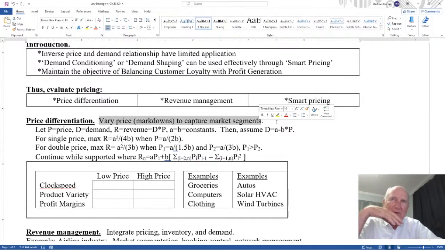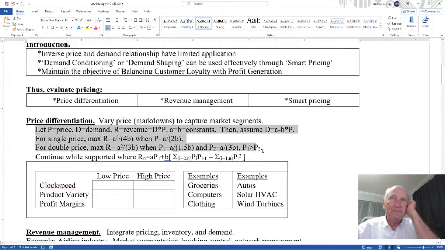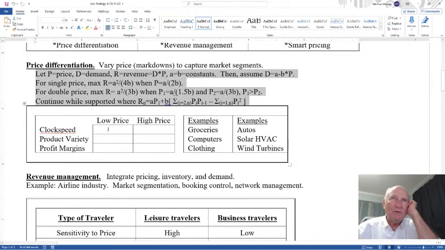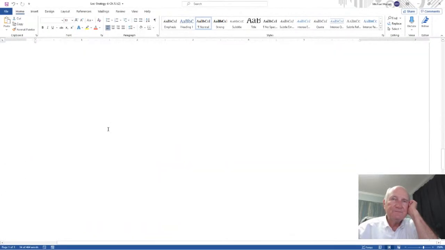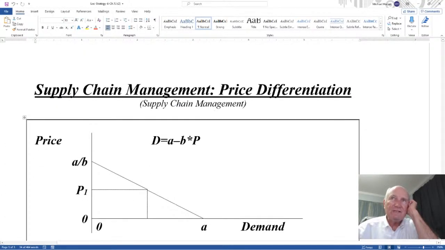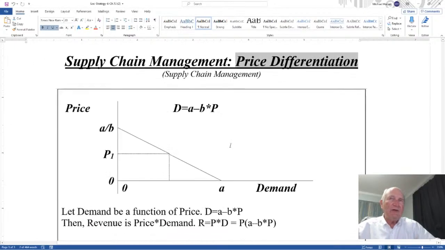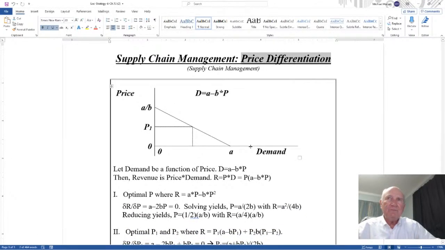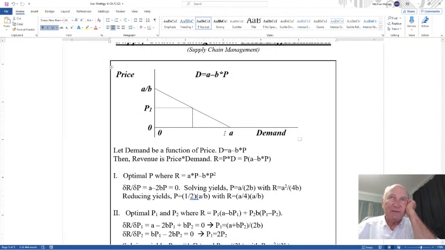It costs too much, I'm not buying it. So the price and demand really have a relationship. Now I have these equations here as just a reference, but down below, under price differentiation, is where I demonstrate what this means. Okay, here you have your demand on this axis, you have the price on this axis,